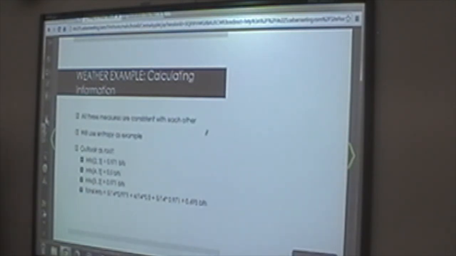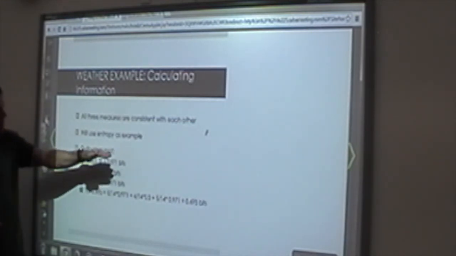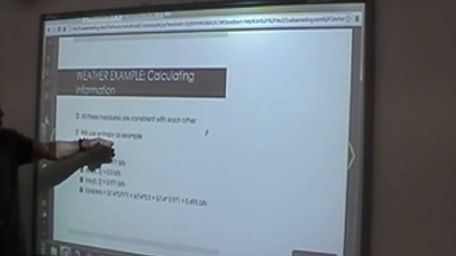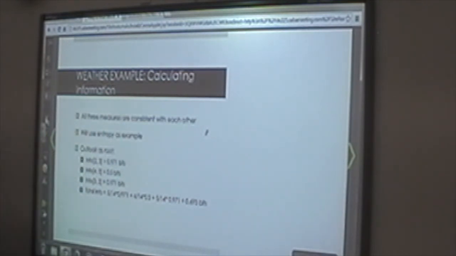So as I said, all of those 3 measures get at the same idea, and they're fairly consistent with each other. So in what follows, I'm pretty much going to use entropy as my example. Let's go back to Outlook as the root. If you recall,